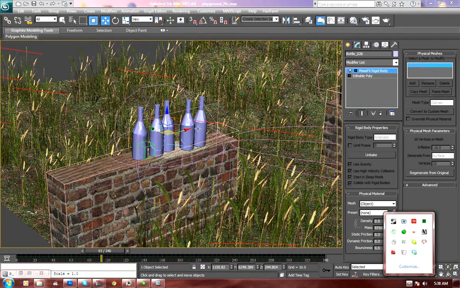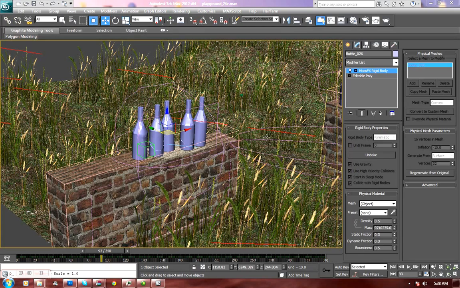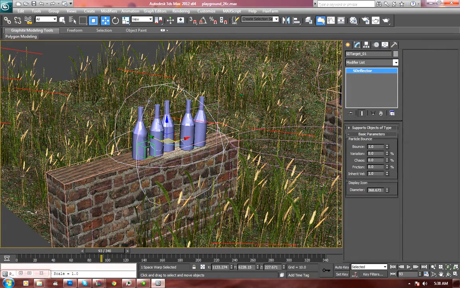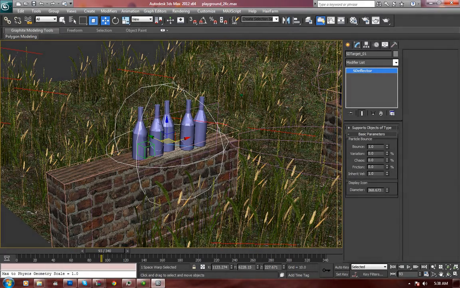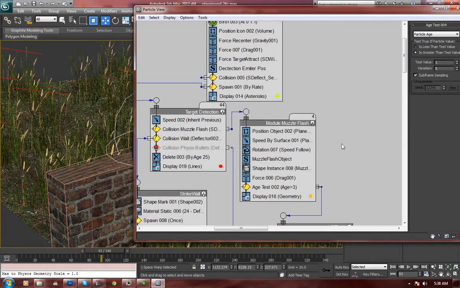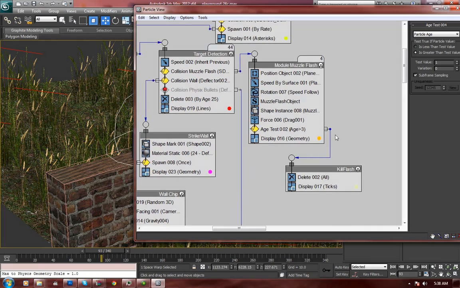Alright, so what we have happening here is when these red detection particles connect with this target sphere, that's when the muzzle flash goes off. That triggers another particle event driving the muzzle flash, which lasts for about 3 seconds. That is an animated piece of geometry,